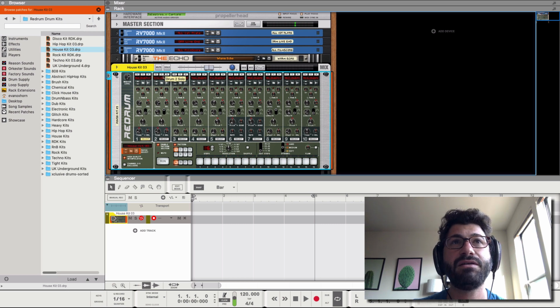Kick, clap, tom, tom 2, hats, more hats. All right, so the way Redrum works is basically you have 4 banks here, A, B, C, D,